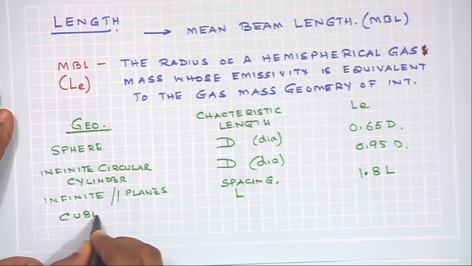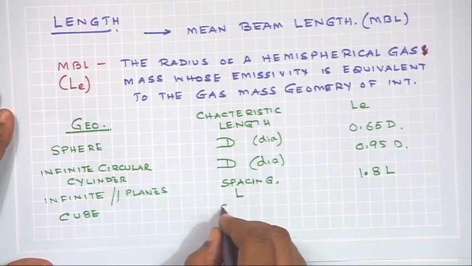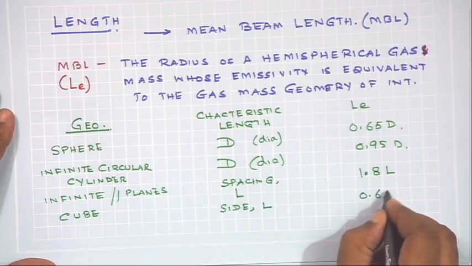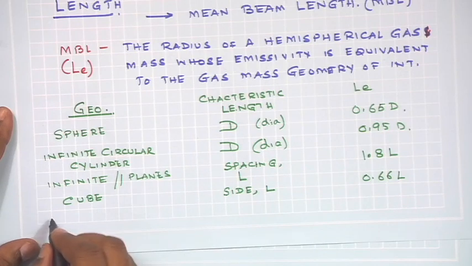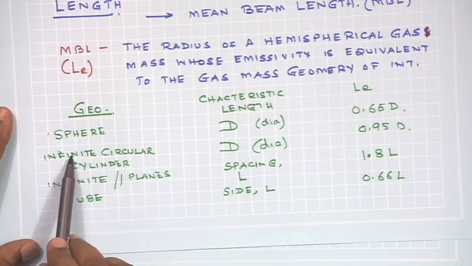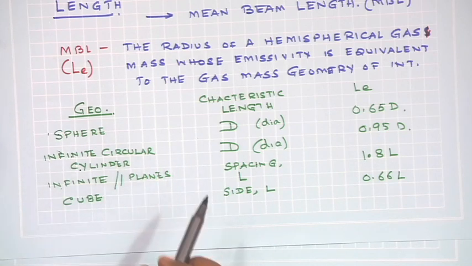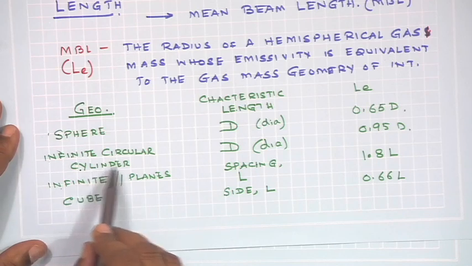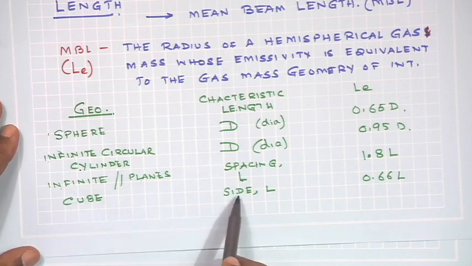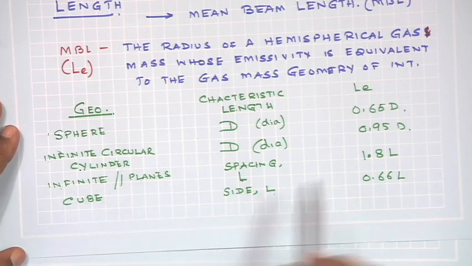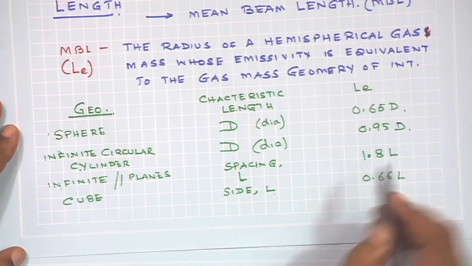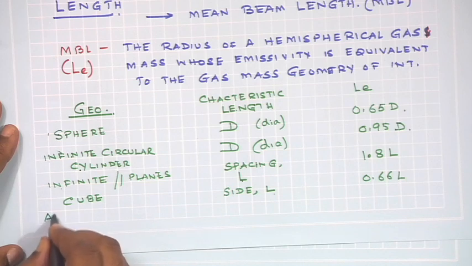If it is a cube and you are considering radiation to any of the surfaces, then obviously the characteristic length is going to be L and this is going to be 0.66 L. The important ones, these are standard geometries: a sphere, an infinite circular cylinder when you are trying to find the radiation to the curved faces, infinite parallel planes separated by a distance L, or a cube of side L. There, analytically you can find the value of the LE. But if you have an arbitrary shape,